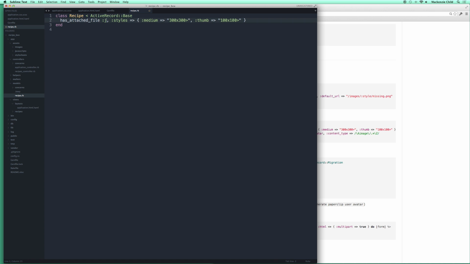This is for avatar on a user in their example. I'm just going to change that to image. And then styles, medium, let's say 400 by 400. And I'm going to change this to pound. That way it crops the image to exactly 400 by 400 pixels. And I'm just going to take this thumb out